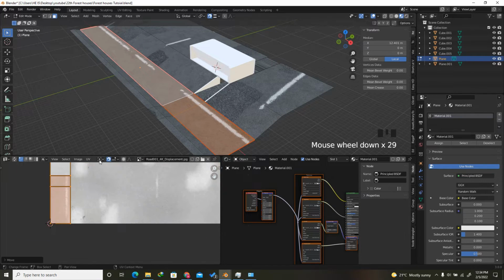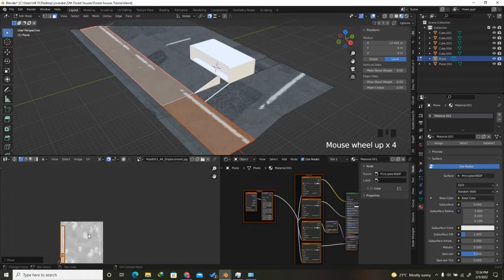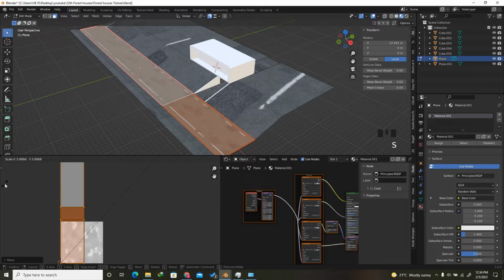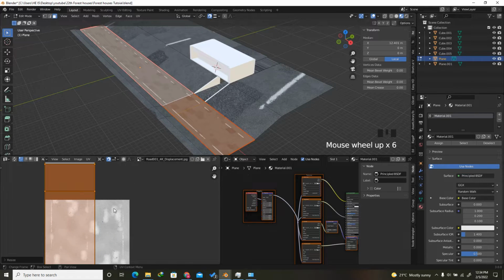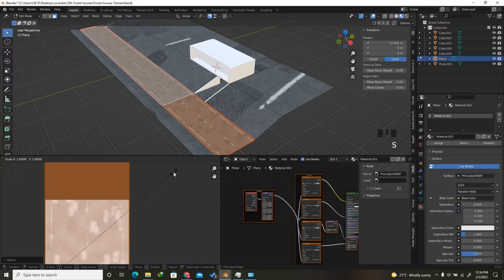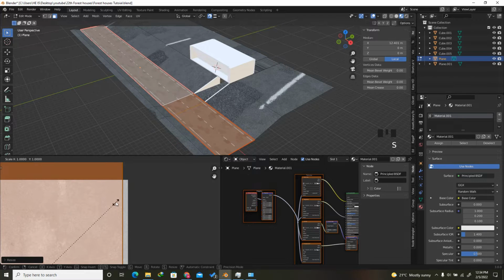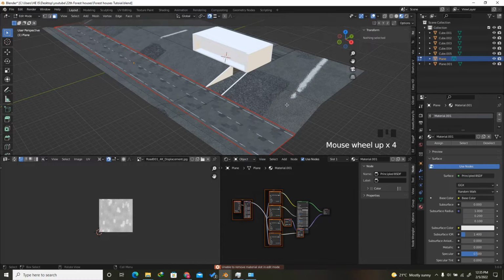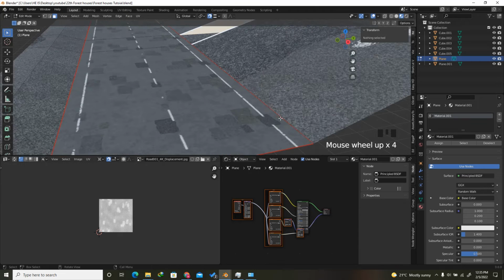After this, I'm going to change this pivot point to the cursor. After this, I'm going to press S to scale it until it matches the width of this texture. So I'm going to press S. Yep, I think it's correct right now. So after this, I'm going to have some kind of dirt on the side